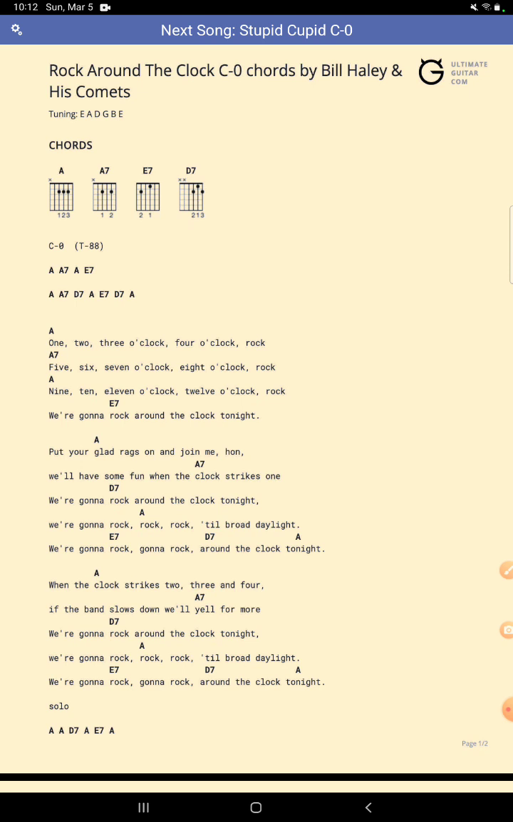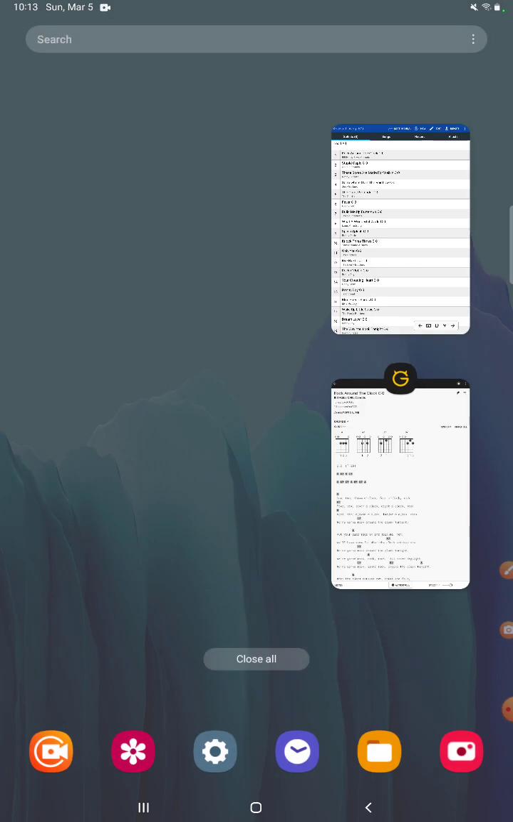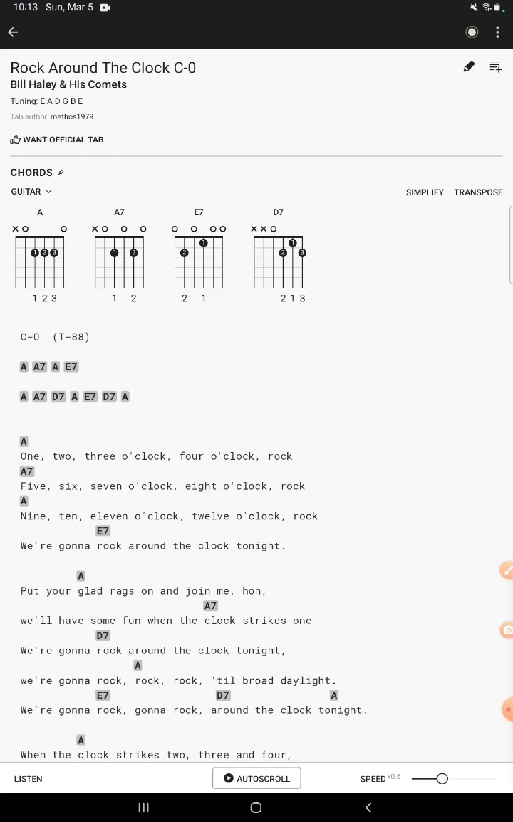But what I discovered just the other day is you can actually import directly, or export, I should say, directly to MobileSheets Pro from Ultimate Guitar. And this is very handy. So I'm going to show you how I do that right now. I'm going to go over to Ultimate Guitar. So here is the tab I have for Rock Around the Clock that I use,